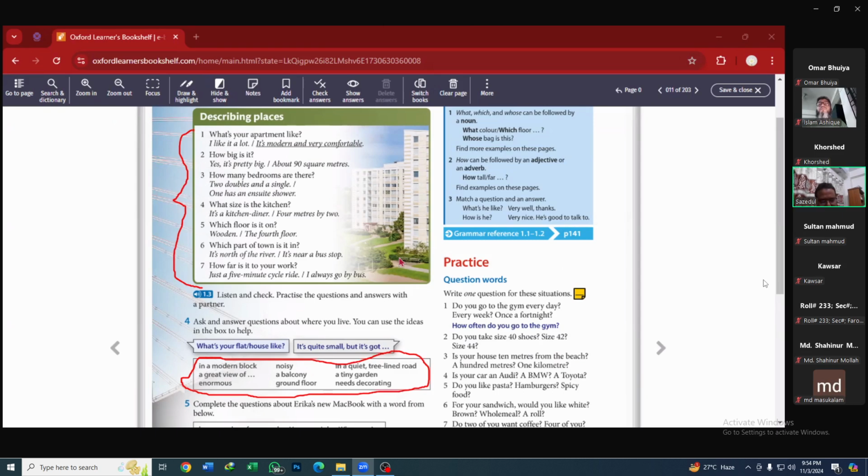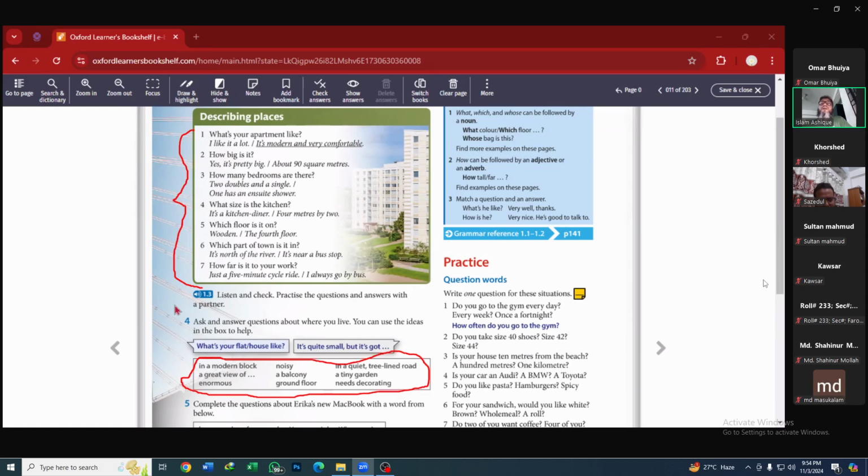It's beside Dhaka cantonment. Okay, great. Number 7, the last one, how far is it to your work? It's just around 2 minutes walking distance. Okay, so it is a 2-minute walk. Very good. Well done, Mr. Sajidul. Thank you. Okay, now, Mr. Islam Ashik, could you please answer me? What's your home like or apartment like?